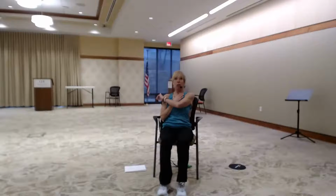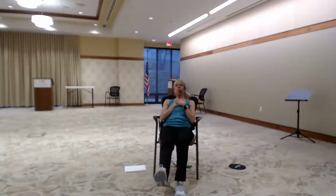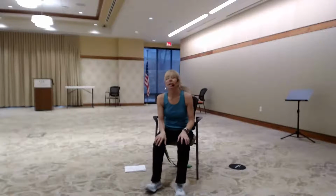Hinge back at the hips. You do not have to go back very far to feel your abs engage. No arching your back. Extend that left leg and let's bring it in. And out, extend. Breathe. 5 more. Here we go. 5, 4, 3, 2, 1. Deep breath in